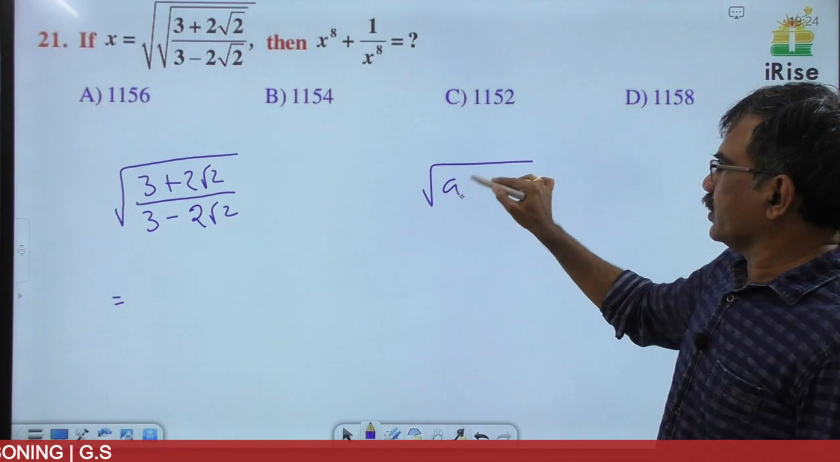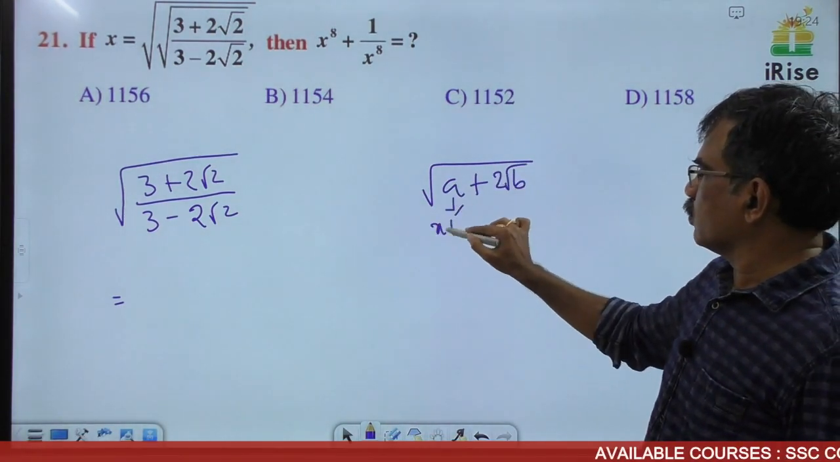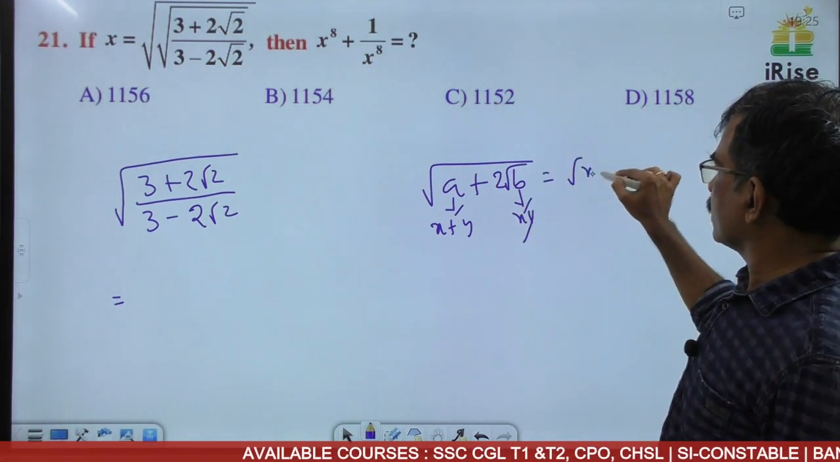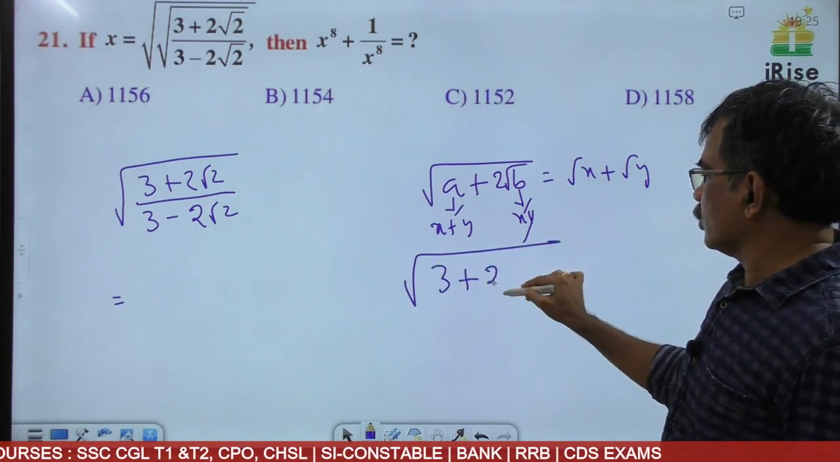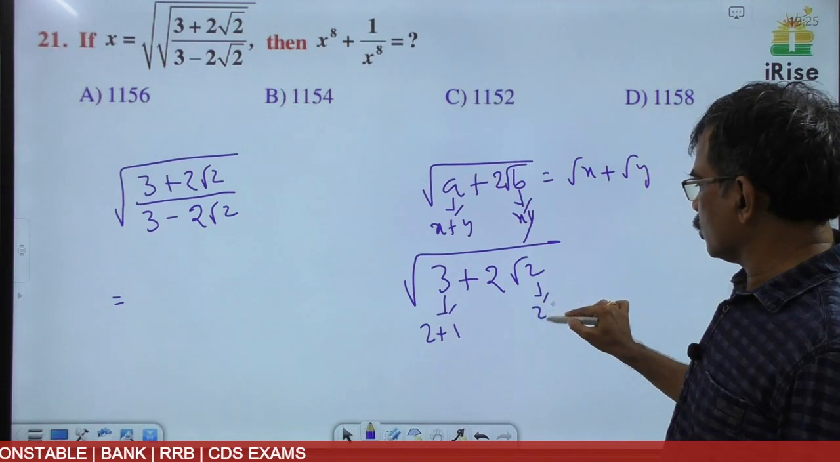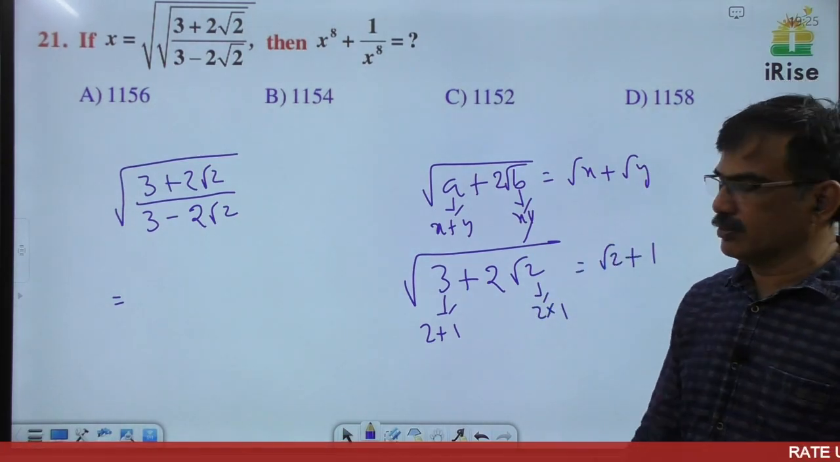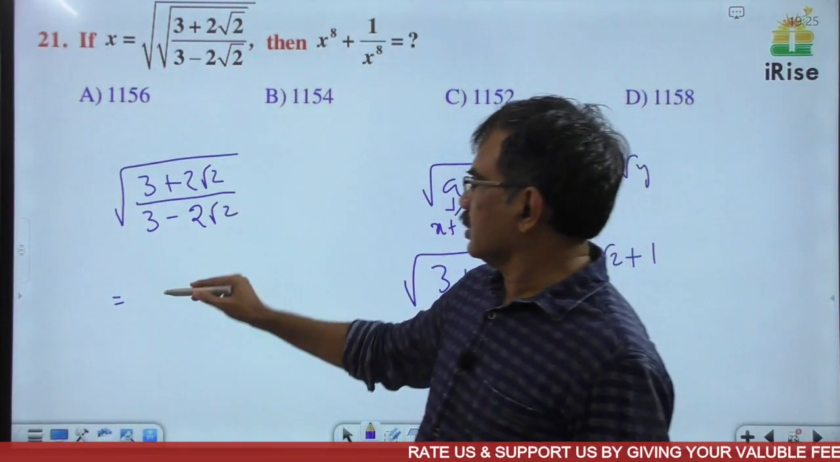Here, root of a plus 2 root b, such that a is x plus y and b is x into y, then this is root x plus root y. Similarly, root of 3 plus 2 root 2 can be written with 3 as 2 plus 1 and 2 as 2 into 1, so the answer is root 2 plus root 1, and root 1 is nothing but 1. Okay, so therefore this can be written as